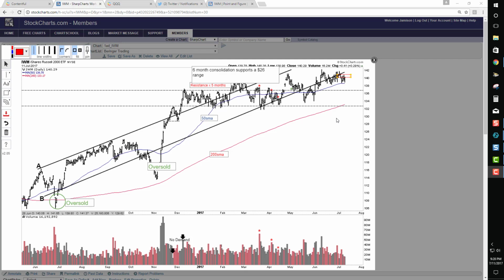We're looking at a daily vertical bar chart of IWM, the Russell 2000 here. So we've been consolidating for quite a while. I've been pretty bullish as we've maintained this kind of lateral trading, working off these overbought conditions relative to this bullish ascending channel. We're kind of retesting highs here, and we have a key